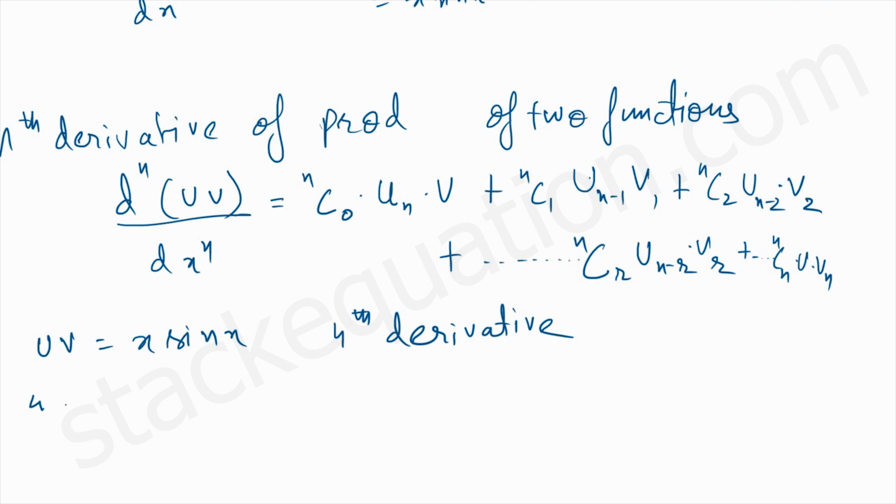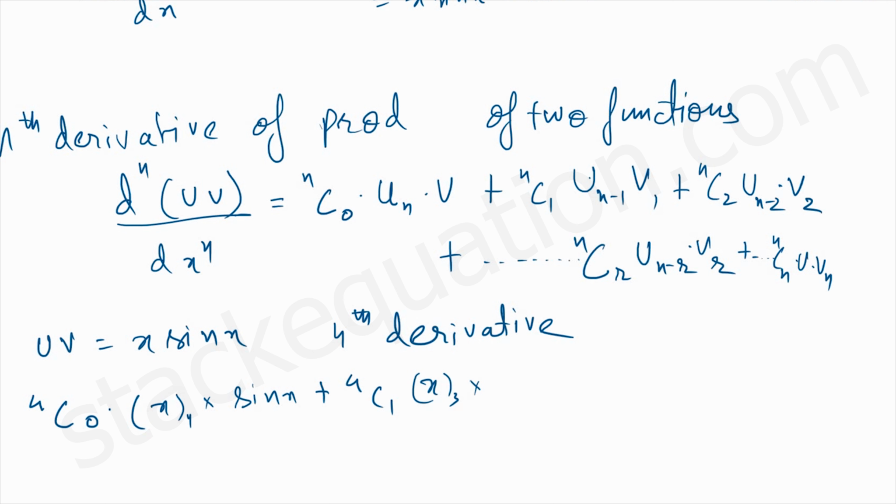So 4c0 into the fourth differentiation of u. That is the fourth differentiation of our first function, that is x, right? Into v. What is v? Sin x. Plus 4c1, u^(n-1), that is 4 minus 1, which is 3. So the third differentiation of x